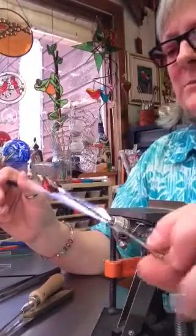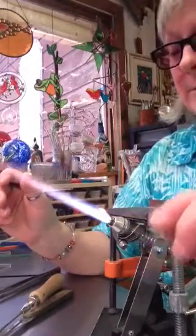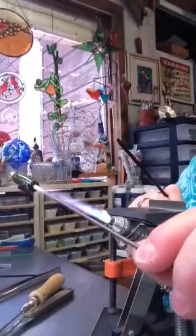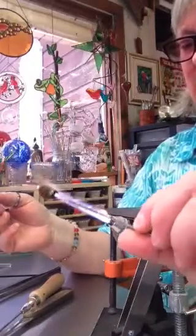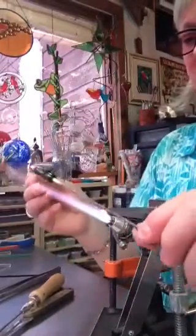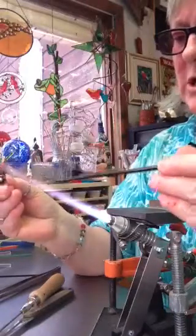Don't forget to keep your base bead warm. Not so much that it's glowing, but warm enough that it's not going to pop and crack on you. I'm going to turn my flame down a little bit. It's a little warmer than I want to be using it right now. And black is a very soft glass. Leave it to me to pick one of them that's a little more difficult. Okay, luckily, I'm one of those people that can switch hands,